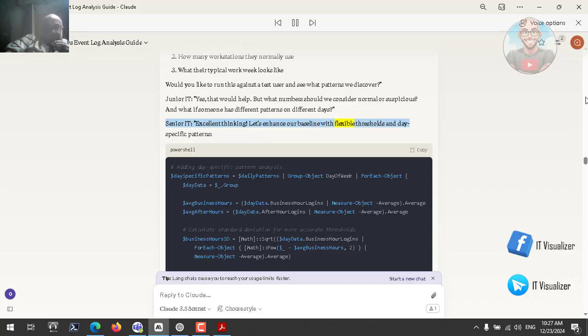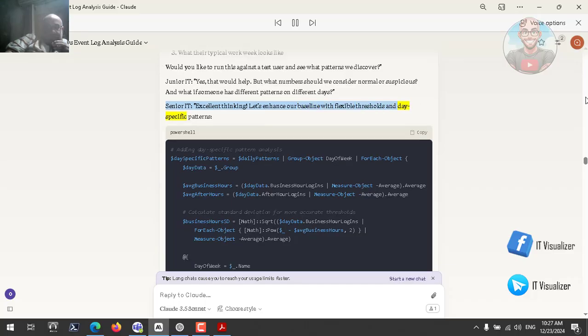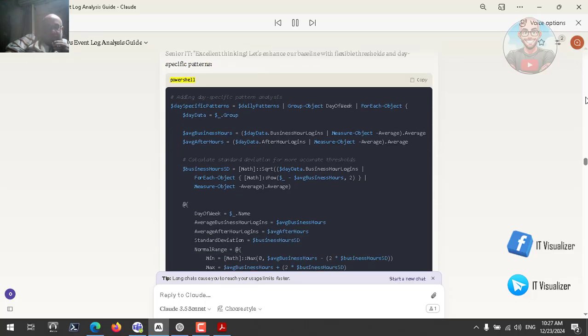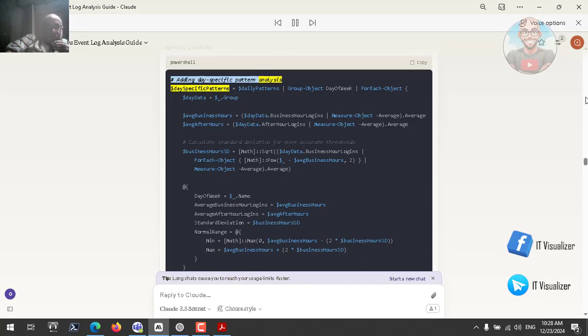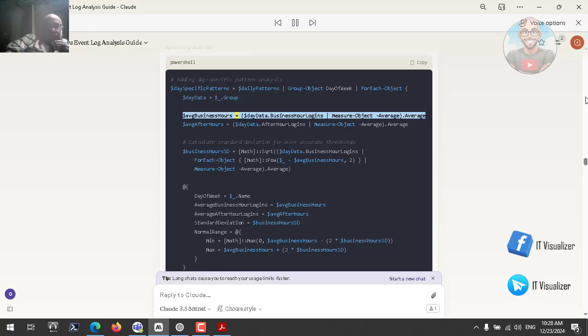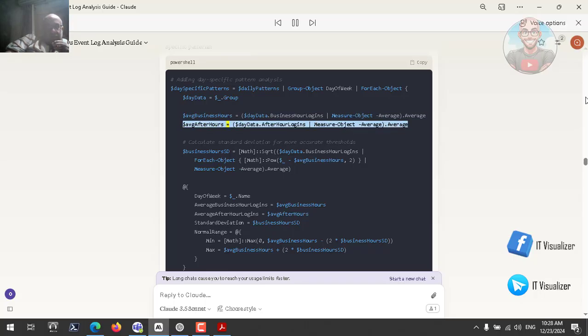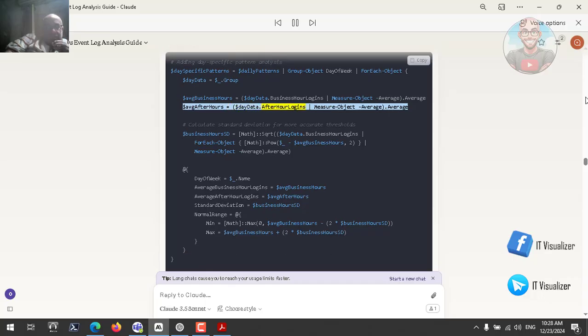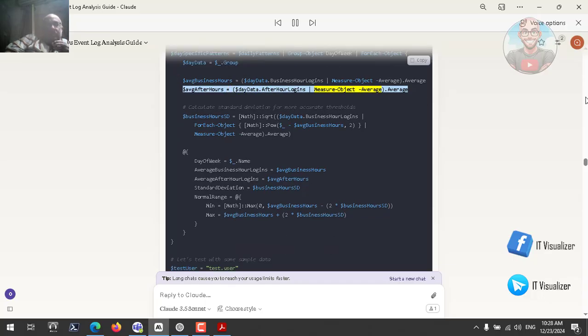Let's enhance our baseline with flexible thresholds and day-specific patterns. PowerShell. # Adding day-specific pattern analysis. $daySpecificPatterns = $dailyPatterns | Group-Object DayOfWeek | ForEach-Object { $dayData = $_.Group; $averageBusinessHours = ($dayData.BusinessHourLogins | Measure-Object -Average).Average; $averageAfterHours = ($dayData.AfterHourLogins | Measure-Object -Average).Average